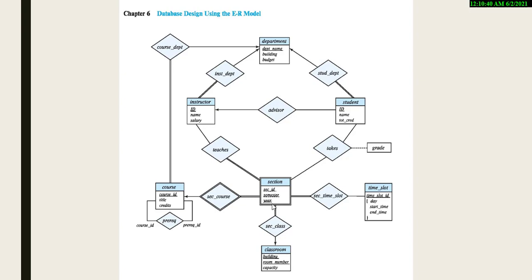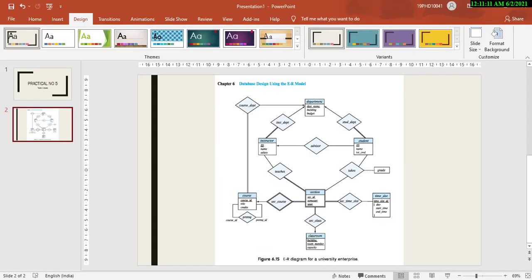Then I'm going to create a course table. I have to apply the constraint, right? So let us create the course table with course ID, title and credits.